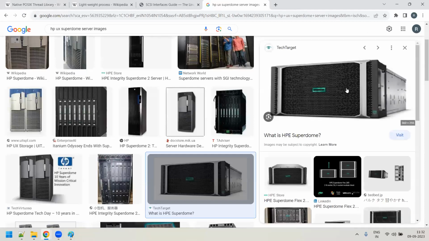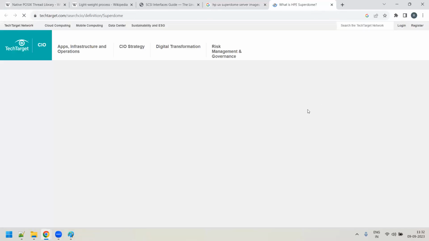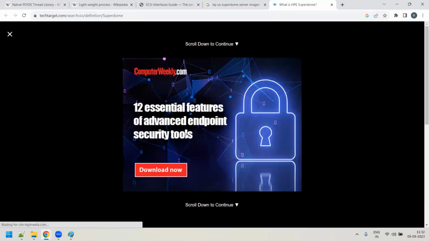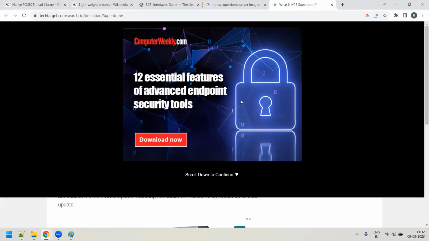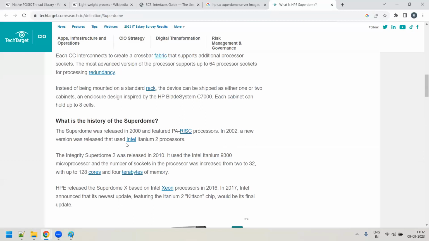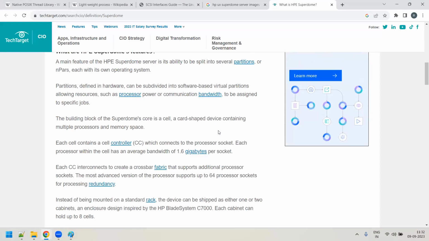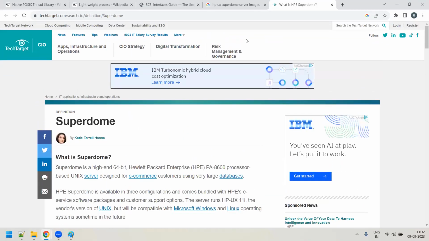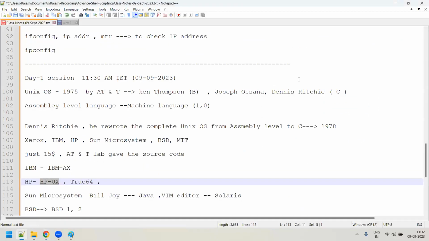See, HPE Superdome servers. It uses PA-RISC processors and all, Intel also. Sometimes we even call it a blade server also. So you were able to install the HPUX operating system only on those servers.